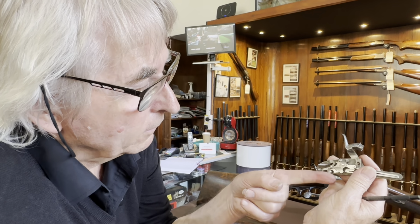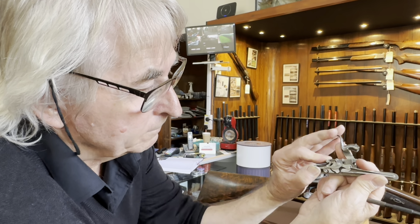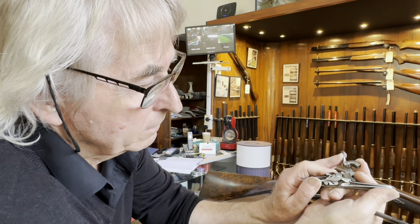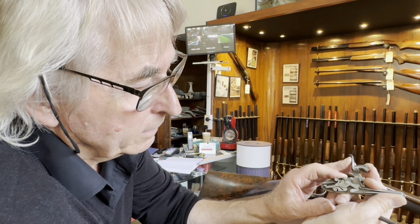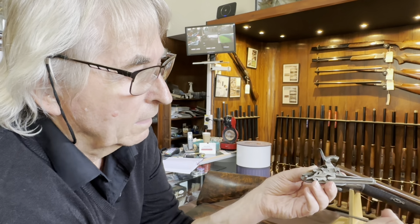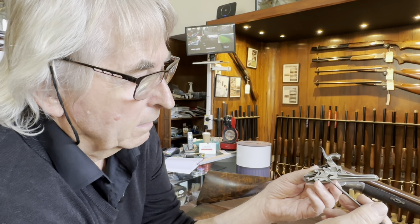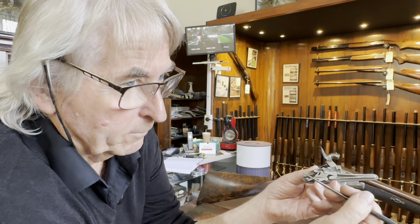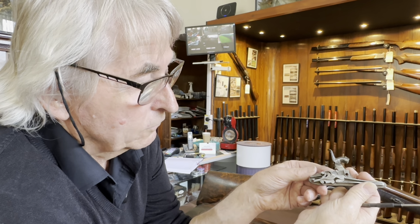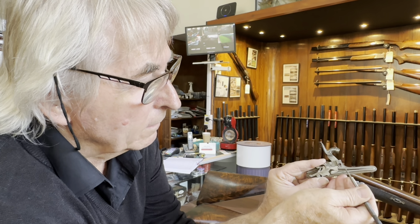So the trigger will fit below the sear, and it will lift it. As you depress the trigger, you'll lift the sear, and it's difficult to do this, and you watch the hammer go forward onto the firing pin, and then it comes back and it's rebounded. So that's quite a move forward from the old non-rebounding hammers that sat on the firing pin. You were not able to open the gun with the firing pin in the primer. So this method was invented to draw the hammer back using the top leg of the mainspring